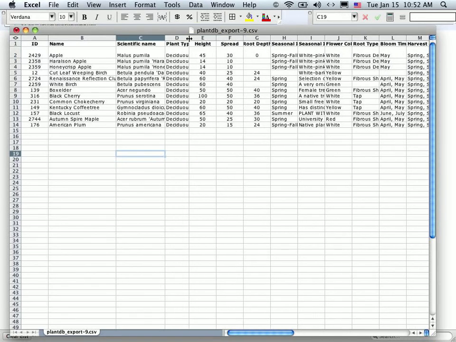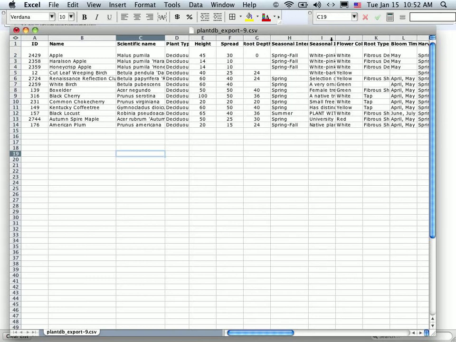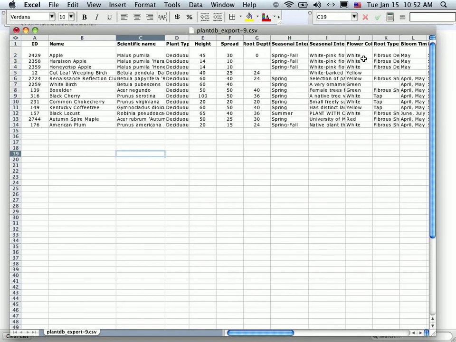If you didn't specify which type of plant you want, you would get all the plants. Like in this case, if you didn't say deciduous tree, you would get all the plant types that are food in clay in zone 3 with a pH of 7, which would be quite long. Then we have the height of the tree in feet and the spread of the tree in feet, and then the root depth. Here is seasonal interest, more seasonal interest details, the color of the flower, and I'll scroll across here,